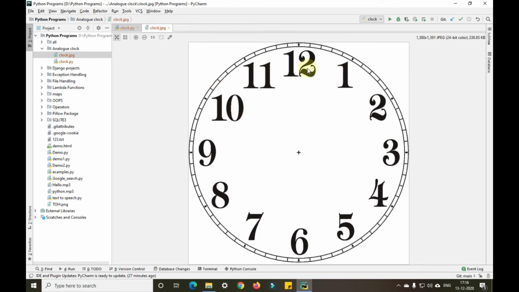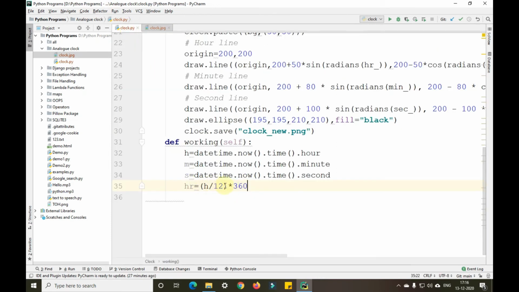So our clock will move through 360 degrees, but each and every hour will have one particular part of it. So that is the reason we have multiplied it with 360 here. So for example, we have this with 1. So 1 by 12 into 360. So this is at the 1 by 12th part into 360. It will check that particular thing. Okay. In the same way, we have minute here.